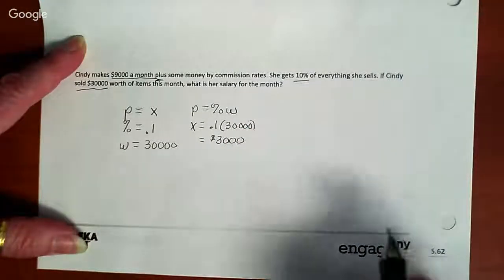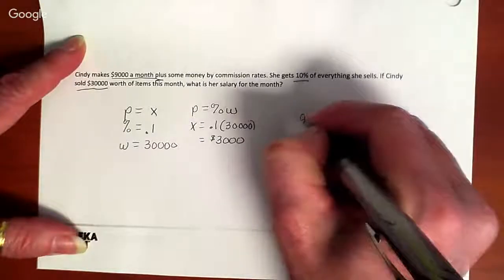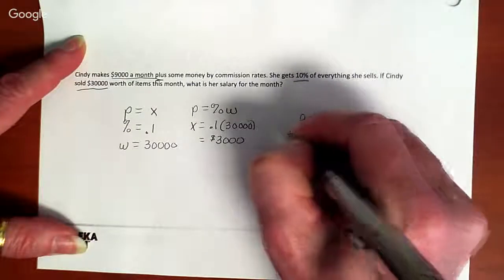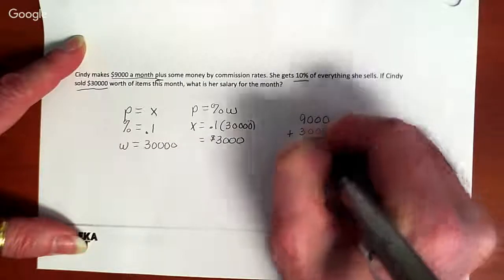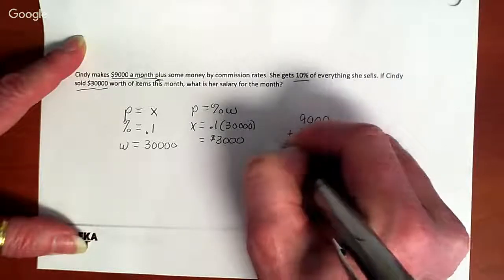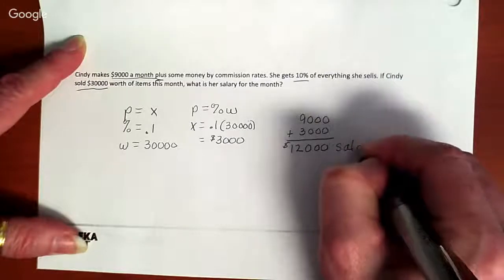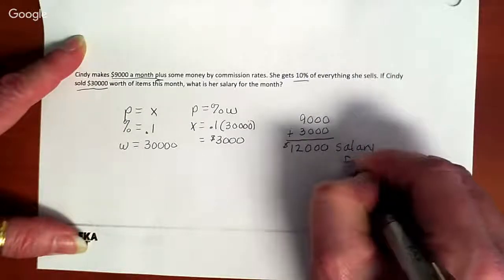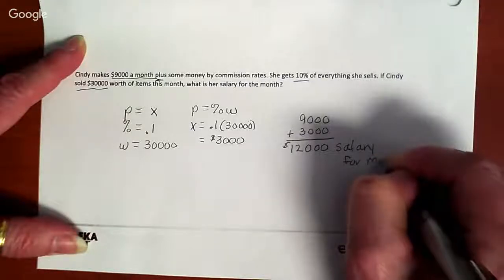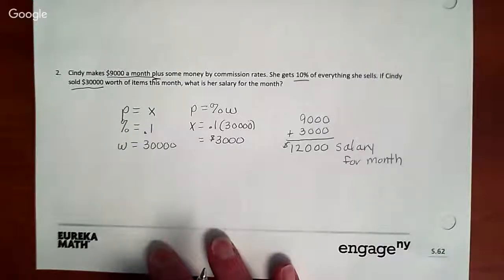But we are not done. She also earns that $9,000 a month. So what we need to do is add those two together. So we have 9,000 plus the 3,000 for a total of $12,000 for the month for her salary. Okay. So next we have